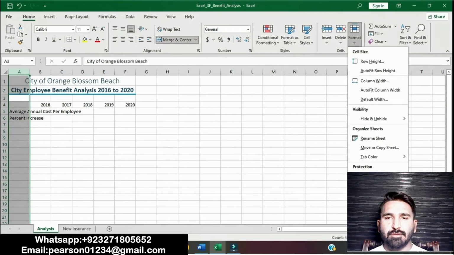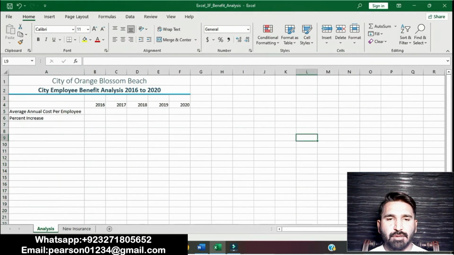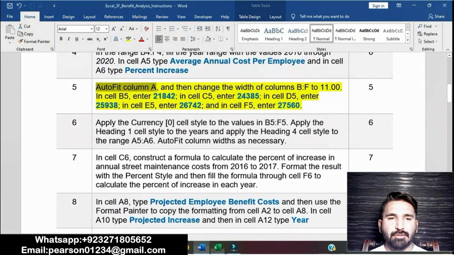Auto fit column A: go to Format and auto fit column. Then change the width of columns B to F to 11.